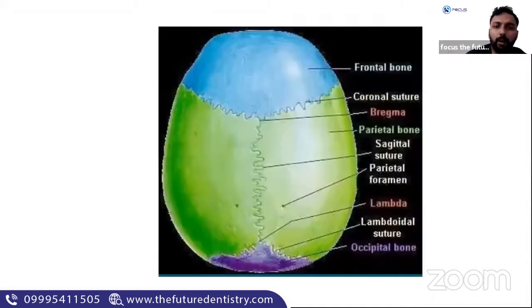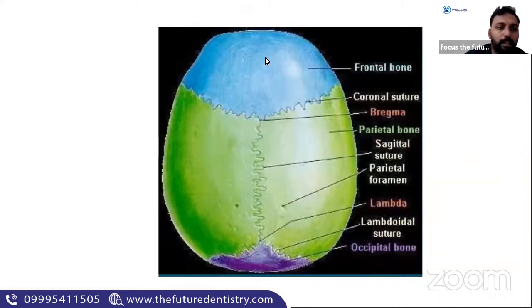Okay, so before talking about foramen, I would like all of you to have a look at this picture. Now, can you tell me which view of skull this is? Can anyone in the chat box tell me which view of skull this is? Is this a view from the top or from bottom? Yeah, norma verticalis. Very good.